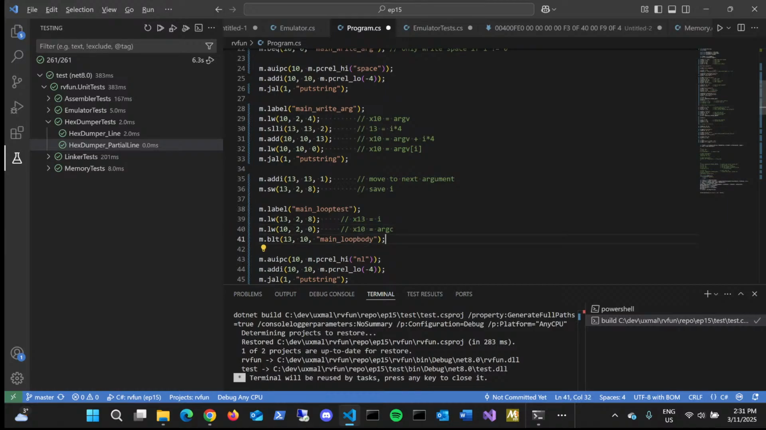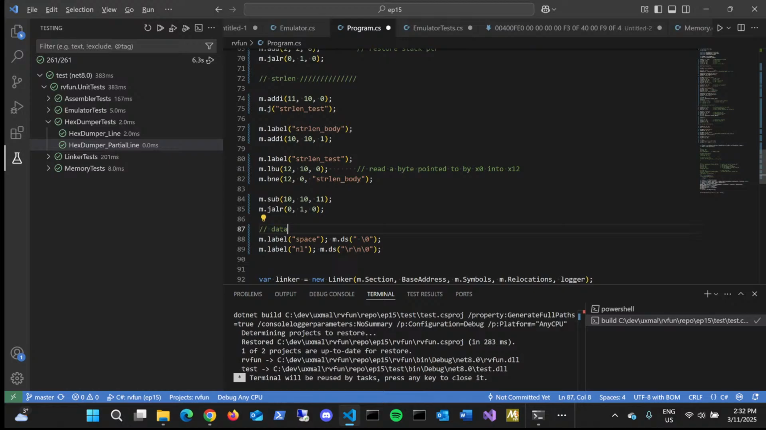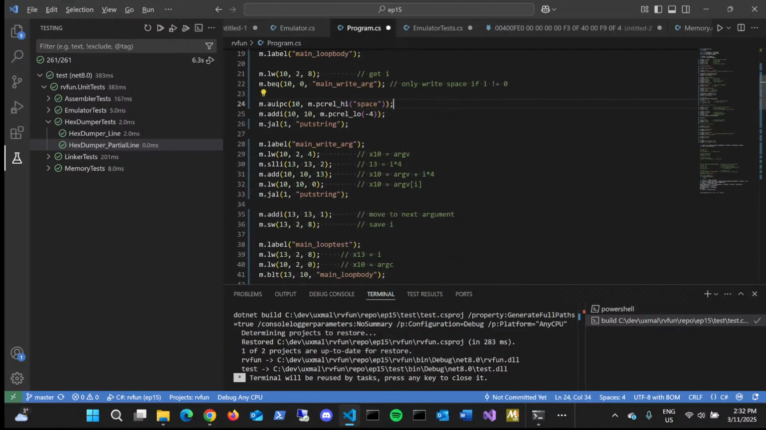Otherwise, if we are equal to or larger than argc, we have exhausted all of our arguments. So now we set up the x10 register to be a pointer to the NL string, which, as we saw before, was a string that contains a new line. And then we call putString to write that out to the screen. And then finally, we call the system call exit with an argument of 0 to indicate success. But if in our loop test we go back to the loop body instead,